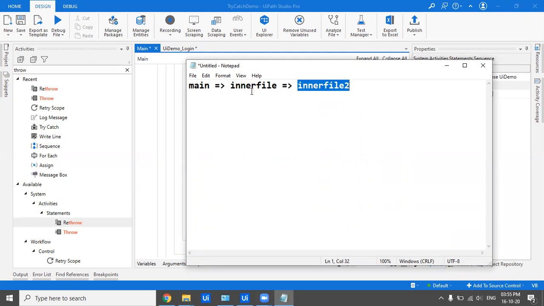I have rethrown the exception and it got caught in inner file 1. Again, I have rethrown the exception and it has arrived at main.xaml. Now from here also, if I throw or rethrow an exception, so this is the parent, it does not have any workflow above it. So here I have to consume the exception. I don't have to throw or rethrow it.